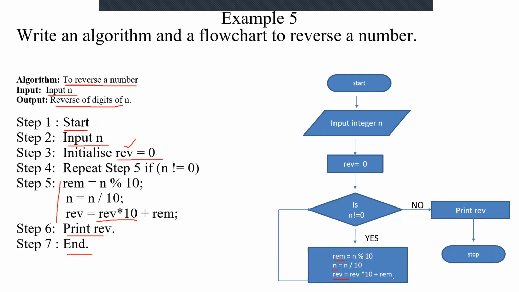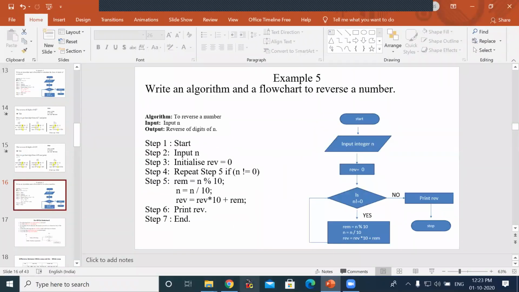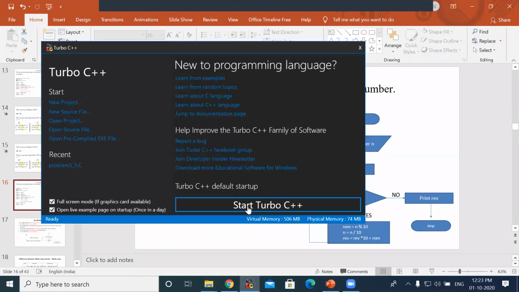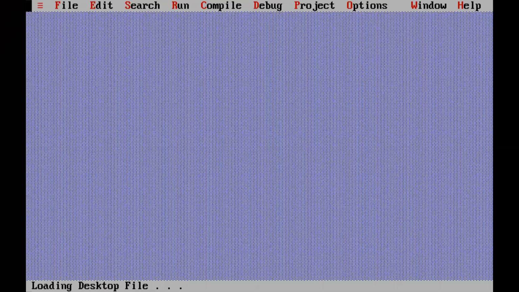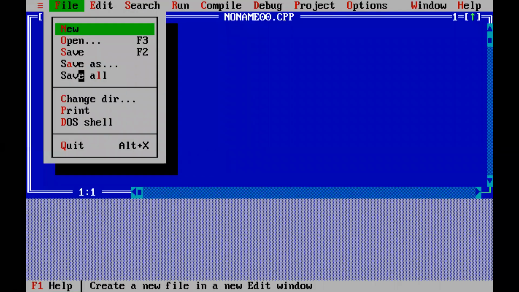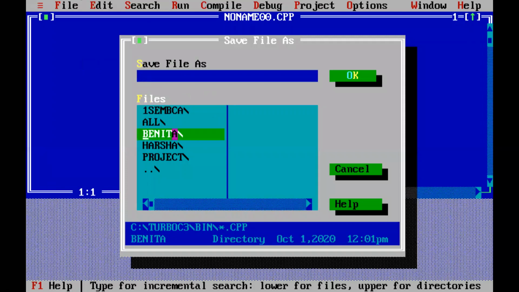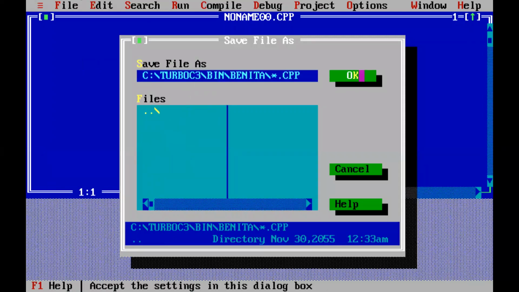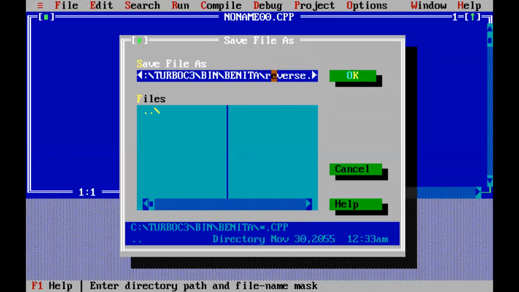So it's very easy. Now we are going to type the program in Turbo C. So these two programs I should see executed. So I am going to save. Like I told, I'll save it in the folder. You should do like that because I have many folders over here. Which program is this? Reverse, right? Lab programs, you should name it properly with a number, like program 1B. Okay.